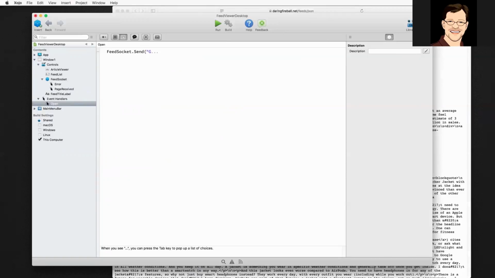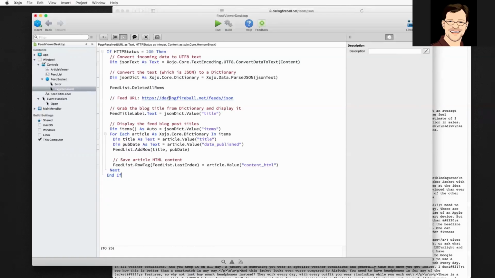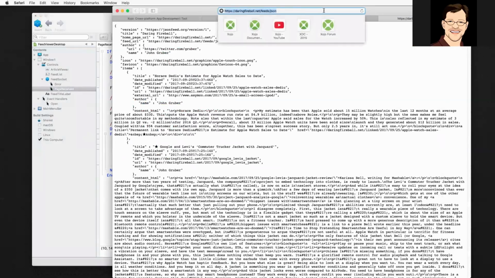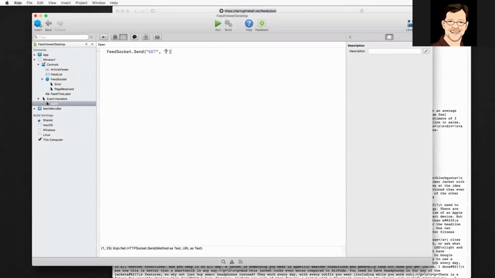So we're going to send a request to the server, and we're going to send that to the URL. Oopsies, I'll grab it from here. There. So this is going to send a request to the server using our socket, which will then get the data back in the page received event. So if we were to run this right now,